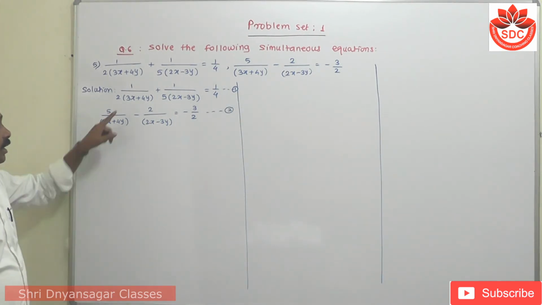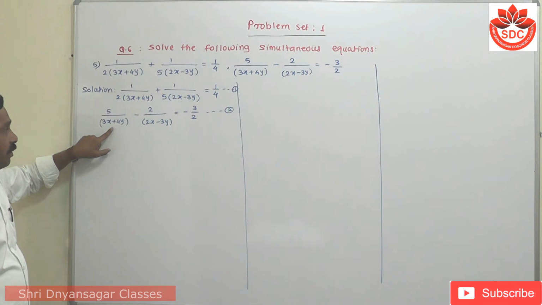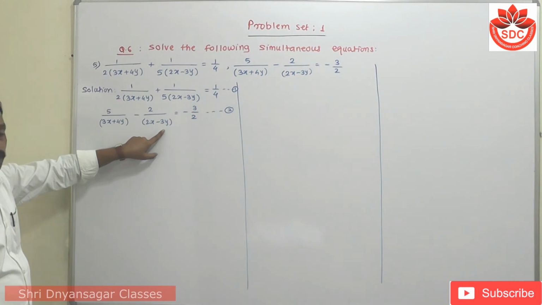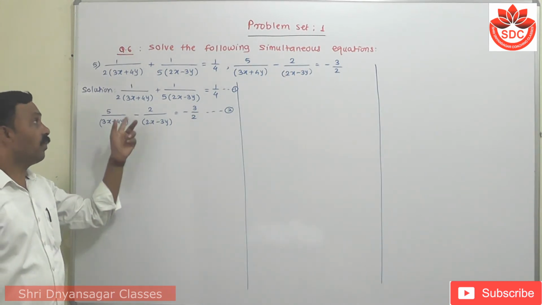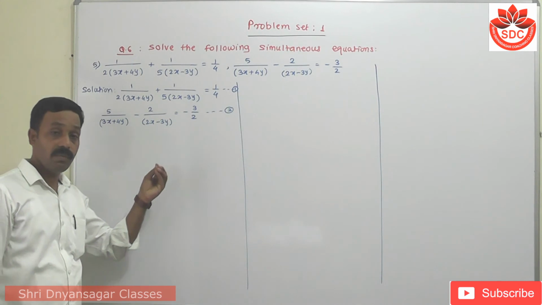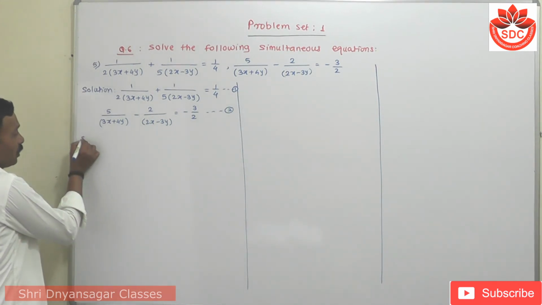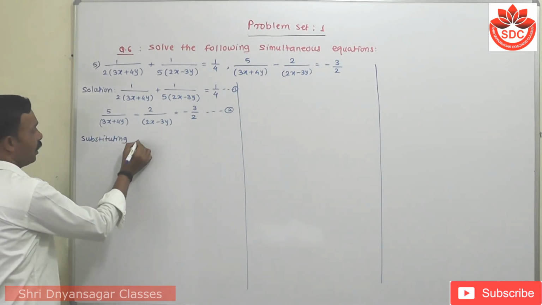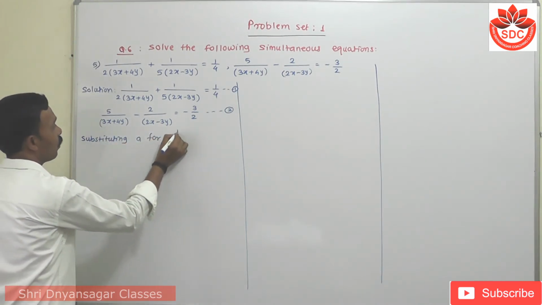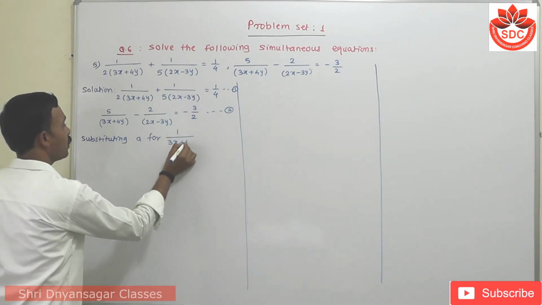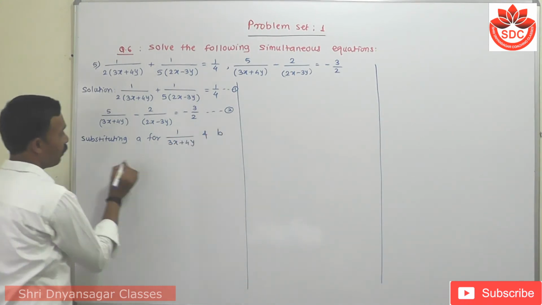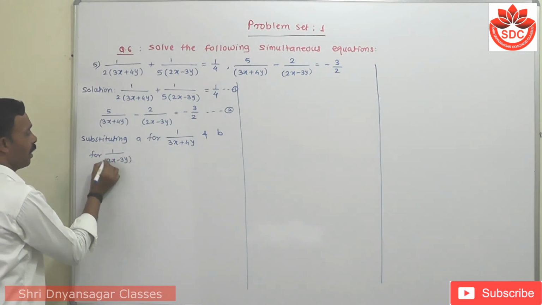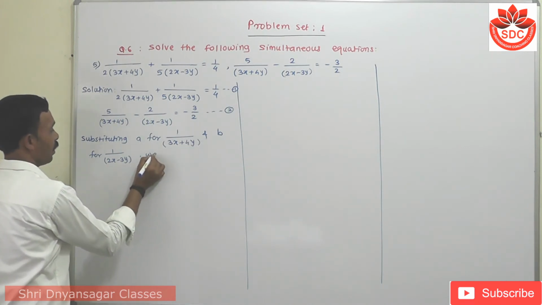Students, when we observe here, there is 1 upon 3x plus 4y, and 1 upon 3x plus 4y. Here there is 1 upon 2x minus 3y, and 1 upon 2x minus 3y. We have to substitute these with other variables. Suppose I substitute a for 1 upon 3x plus 4y and b for 1 upon 2x minus 3y, we get: